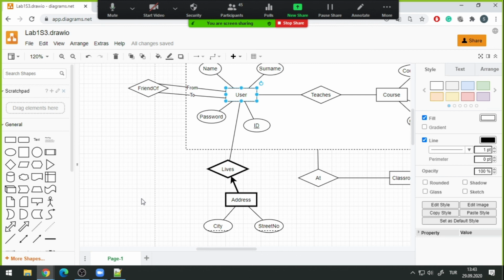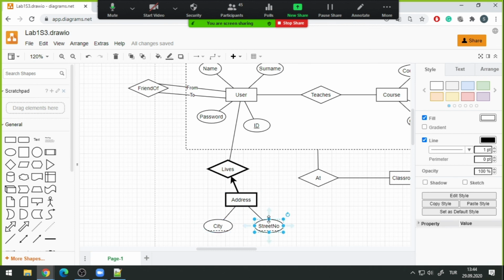For each user, there can be multiple addresses. But at each address, there could be only one user. This is what I'm saying in this picture. For a user, there can be multiple addresses, but for each address, there could be only one user. And since I'm not storing enough information for an address,